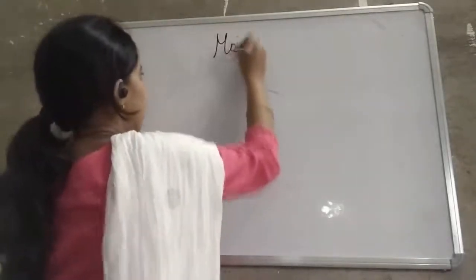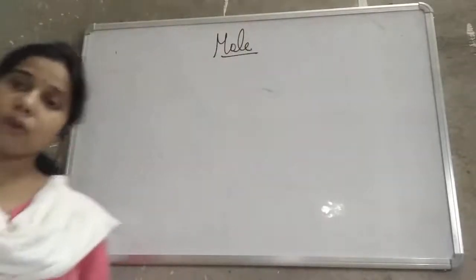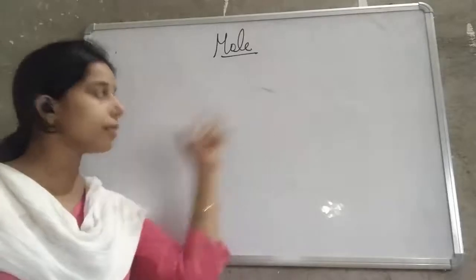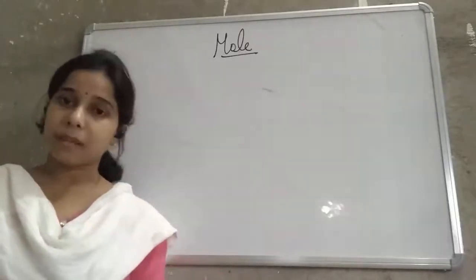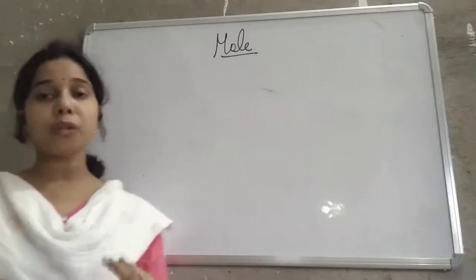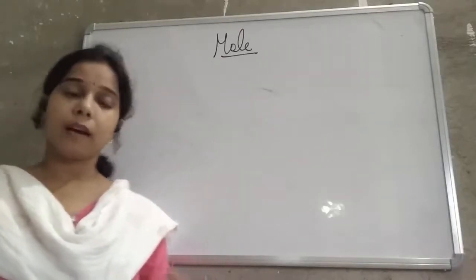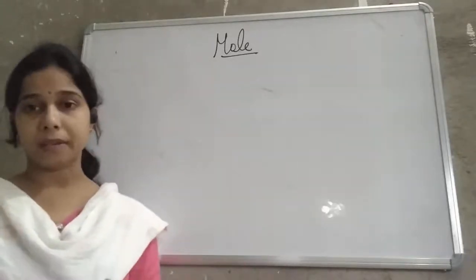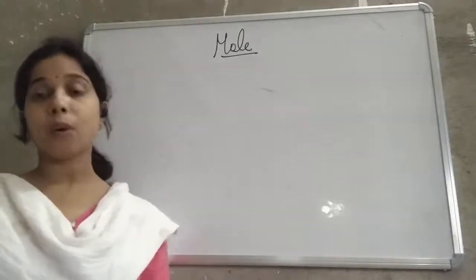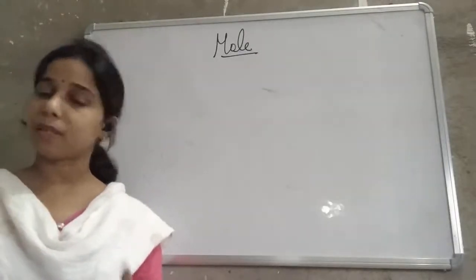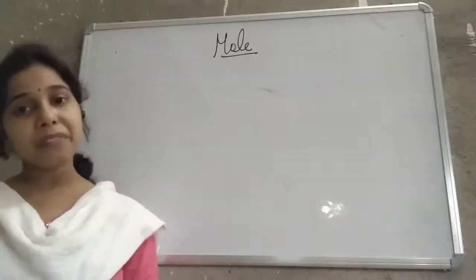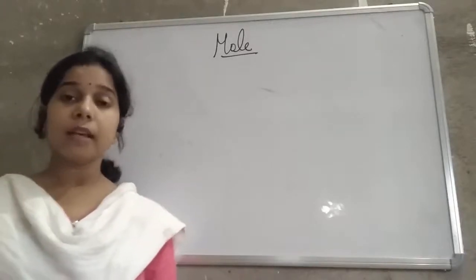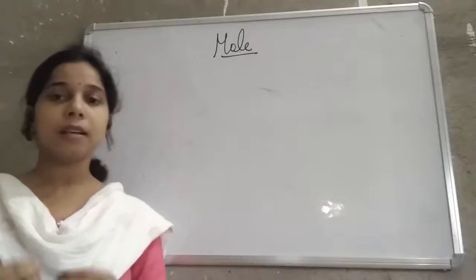Mole. So first of all, how did this concept come out? What is a mole? The question arises, why is there a need for the mole? Actually, chemists are eager to know the number of atoms and the number of molecules present in a given element. So they want to find the number of atoms or molecules in a particular compound. It is very difficult to count the number of atoms or molecules, since the size of atoms and molecules is very small.